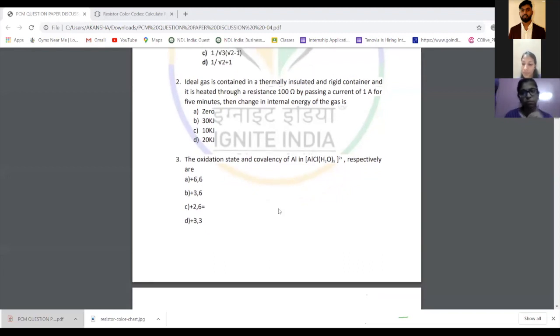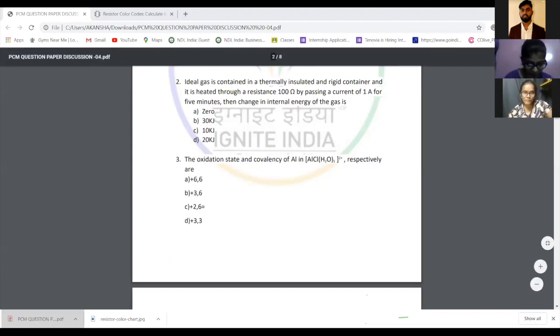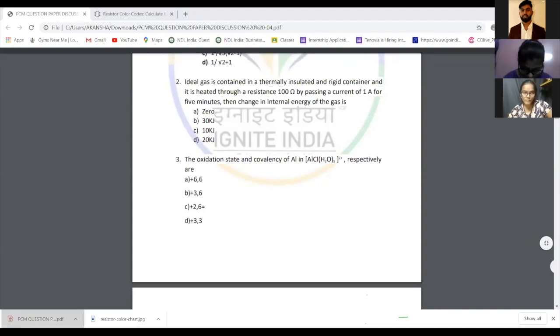Okay. Now comes your coordination chemistry. Let's see how many of you have revised coordination chemistry. Third question. Option C. Who said you don't have coordination compounds in syllabus? You do have coordination compounds in syllabus. In fact, the whole 12th class chemistry book is there for your new syllabus that NTA has decided.